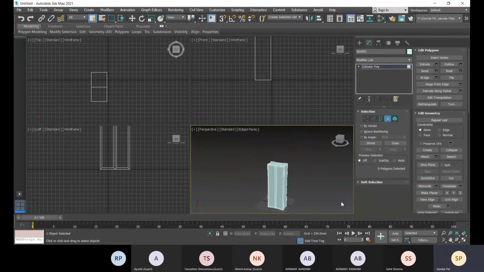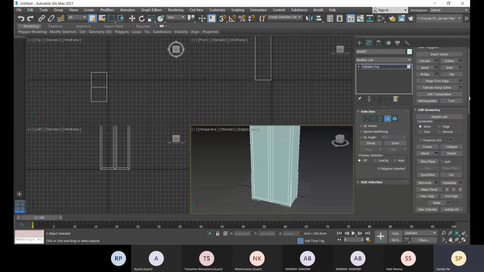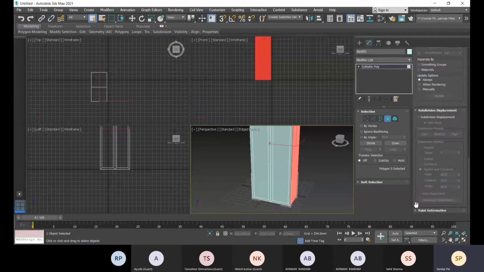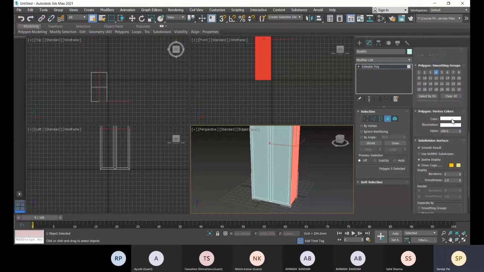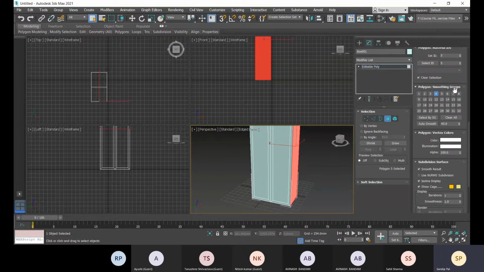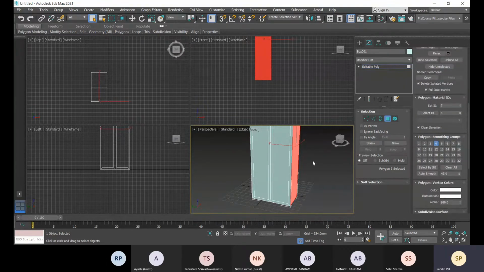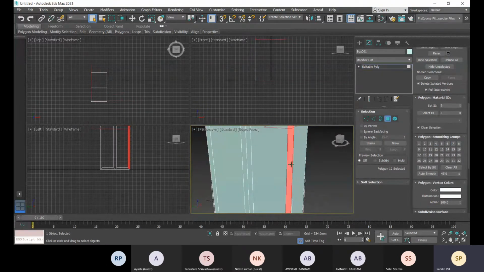Now if I select this face, you can see it has some ID. This polygon's material ID is 5. If I select this face, it is 3.